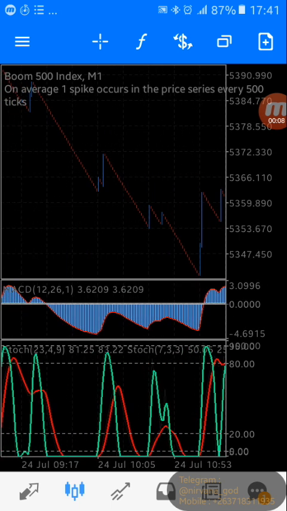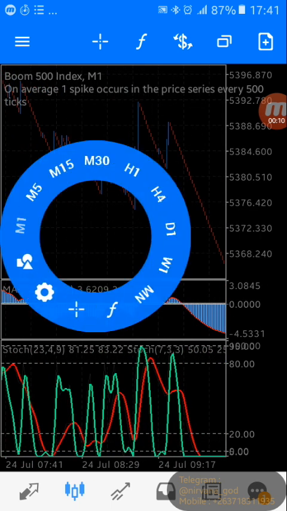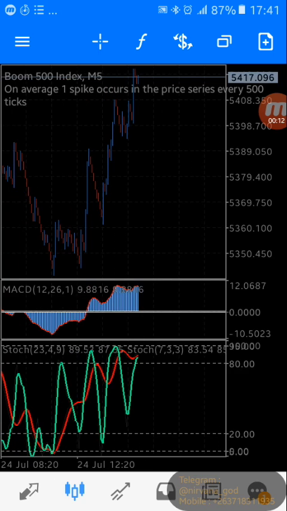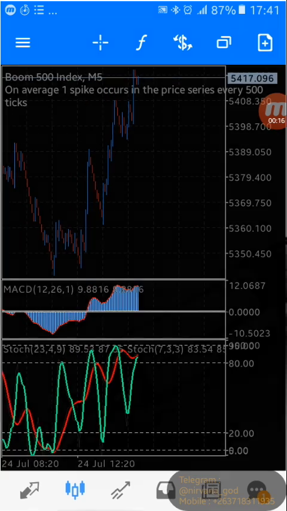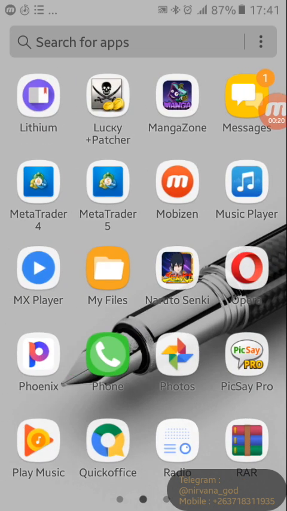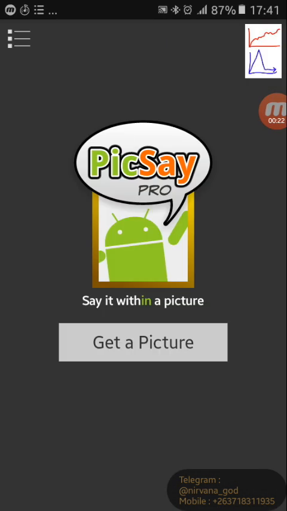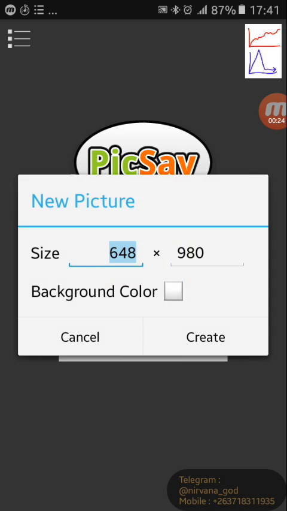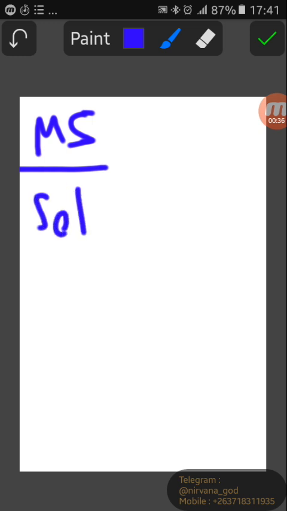I'm going to be teaching you how to catch spikes. First of all, the first thing you need to understand is you only use the 5-minute time frame. Let me go to my drawing board and I will show you what I mean by means of graphical representation. You're only using this strategy for the 5-minute time frame, M5 only, and you are selling